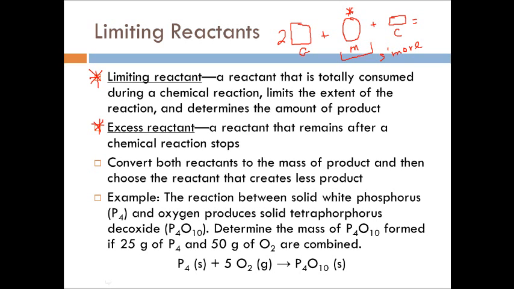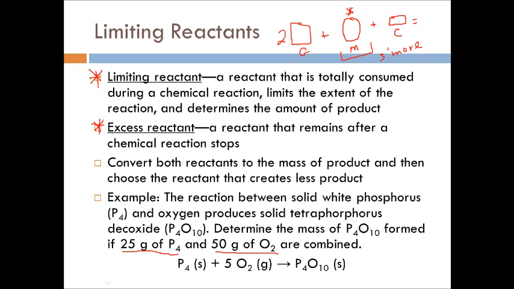compare. So, in the example we have here, the reaction between solid white phosphorus and oxygen produces solid tetraphosphorus decaoxide, P4O10. Determine the mass of P4O10 formed if we start with 25 grams of phosphorus and 50 grams of oxygen. All right? And they give us a balanced equation. P4 plus 5O2 goes to